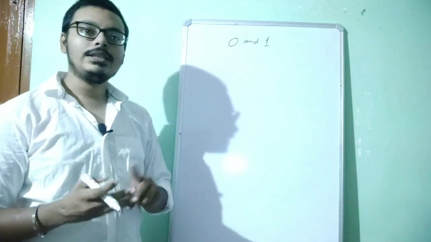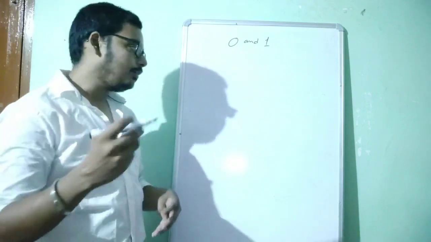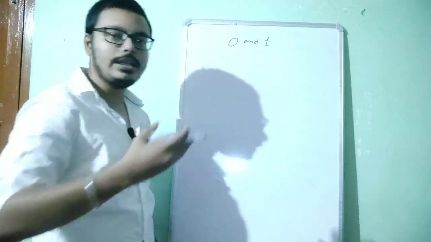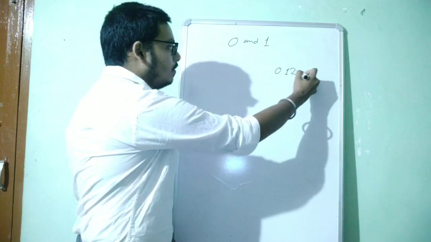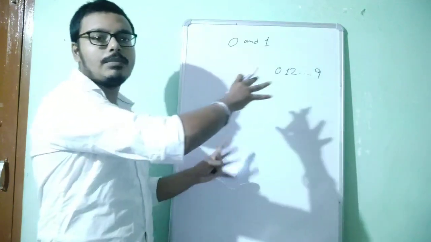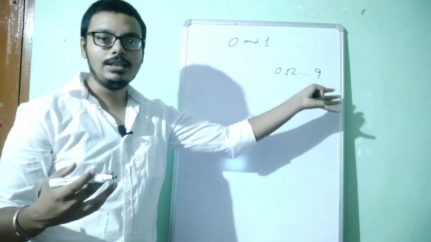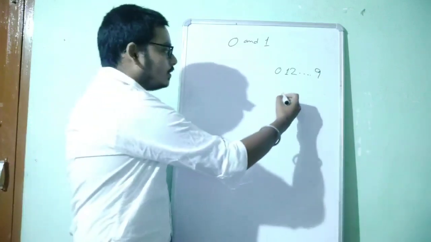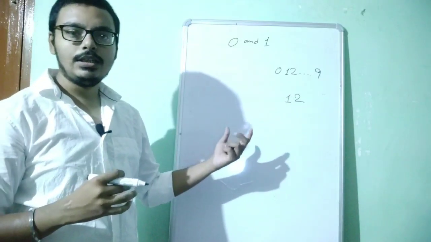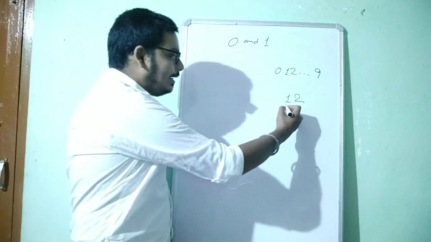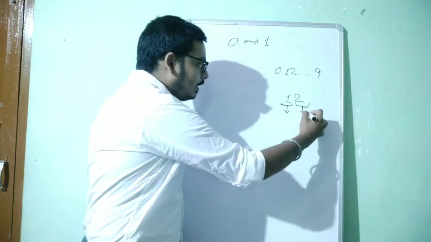So since this is a binary number, like in the decimal number system, the one we normally use, the numbers are made of 0, 1, 2 up to 9, right? So every number that we generally use is a combination of 0, 1, 2, 3, 4, 5, 6, 7, 8, 9. This is the decimal number system, right? Say this is a number 12, right? So what is the smallest unit of the decimal number system? It is a digit, right? A single number is called a digit, right?